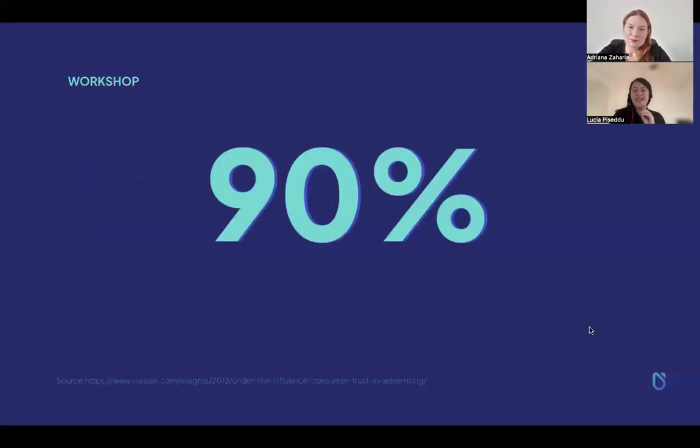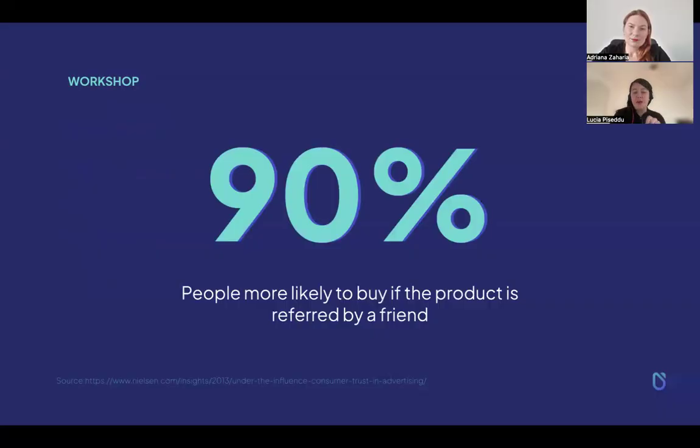Now, let's start with some numbers related to referrals. The first one is this 90%. Now, 90% is the amount of people who are more likely to buy if a product or a service is referred by a friend. Now, I don't know about you, but every time I'm looking for something new, very basic example,